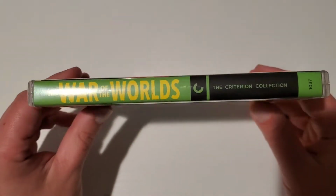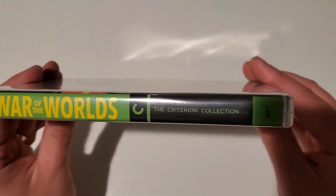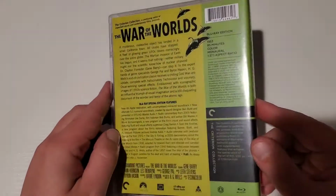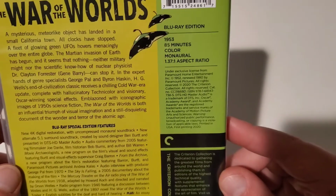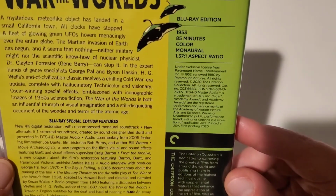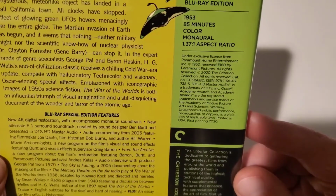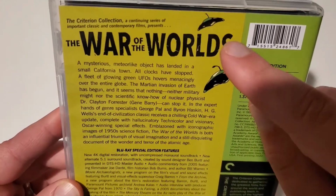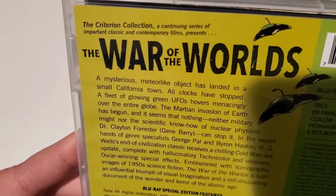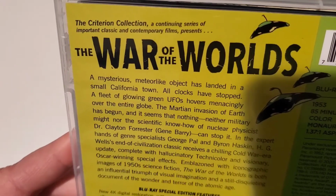Let's go ahead and flip it to the spine. You have War of the Worlds on the side, Criterion Collection, and number 1037 right there at the bottom. Looking at the back, you have the synopsis of the film. Over here to the side, you have Blu-ray edition, 1953, 85 minutes, and the 1.37:1 aspect ratio. I really like the detail they have here of the ships flying in. That's really cool. Up here at the top: Criterion Collection, a continuing series of important classic and contemporary films, presents